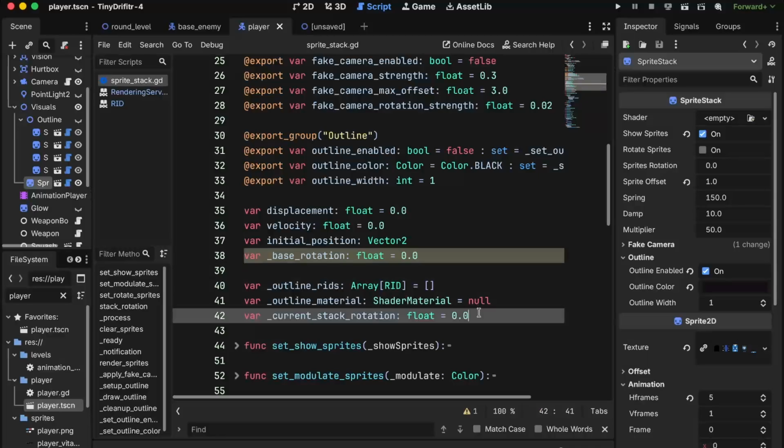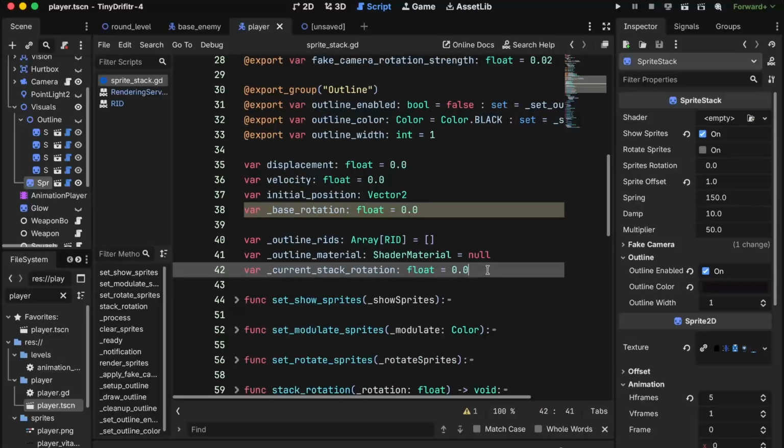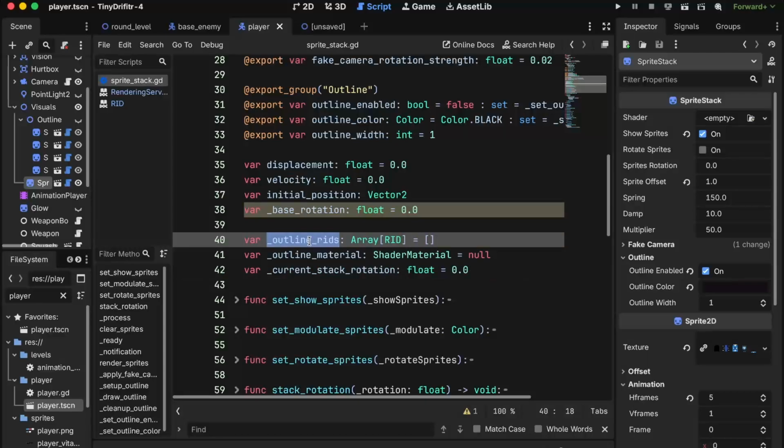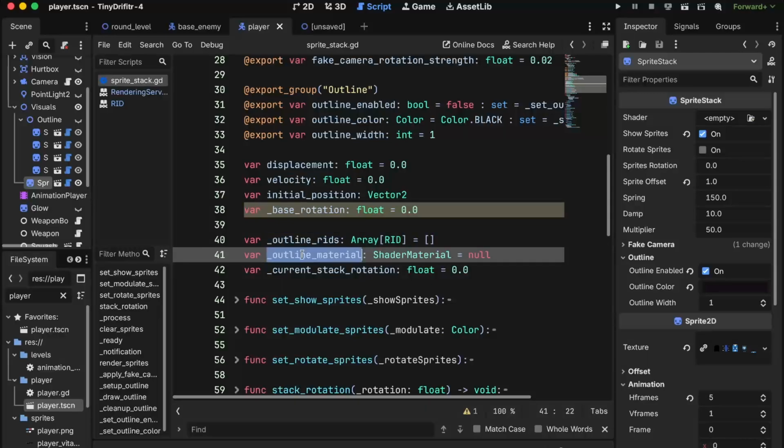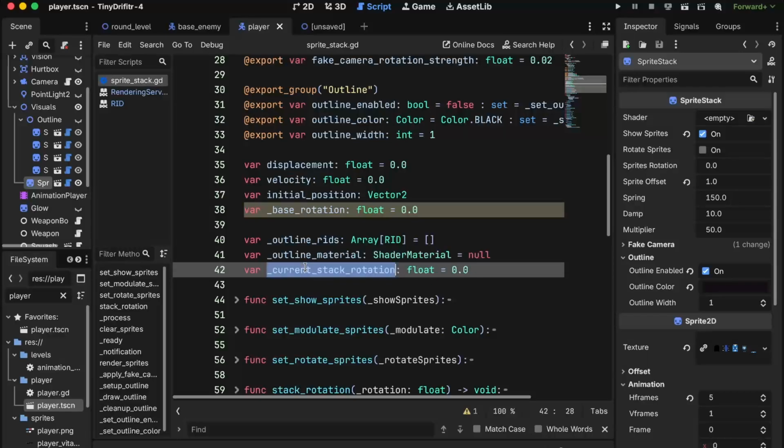What's really important is that we have the rendering server resource ID arrays. So I keep them as a reference in a variable, and a material, which I also apply to the previous solution, and a stack rotation. That's just for easiness of access of the rotation of the sprite when the player is controlling, and also when the enemies are navigating or trying to chase you, so I can access this a bit easier and apply